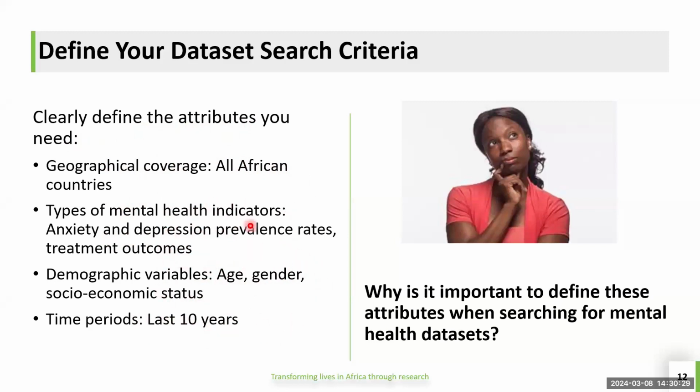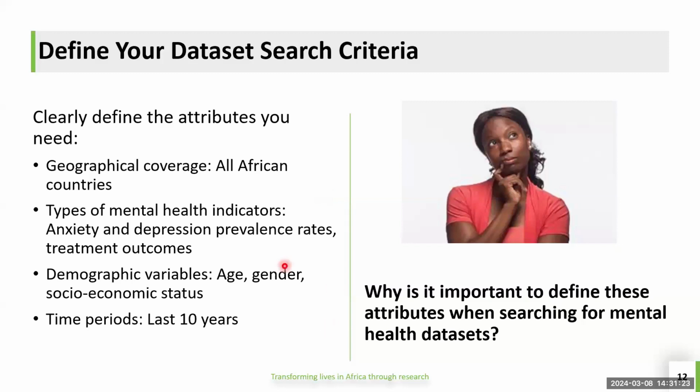So these put together, and depending on where you are searching, because different platforms have different rules in terms of how you can link these things together. So one way that I've done this is to first look at each of the topics of interest, so anxiety, depression, so on, and see what comes up. Usually, if you're looking at one attribute, you will get loads of results coming back, depending on where you're searching. And then you start to combine them. So combine geography together with the aspect of mental health that you're interested in, combine the demographics, you combine maybe two attributes, and then keep combining